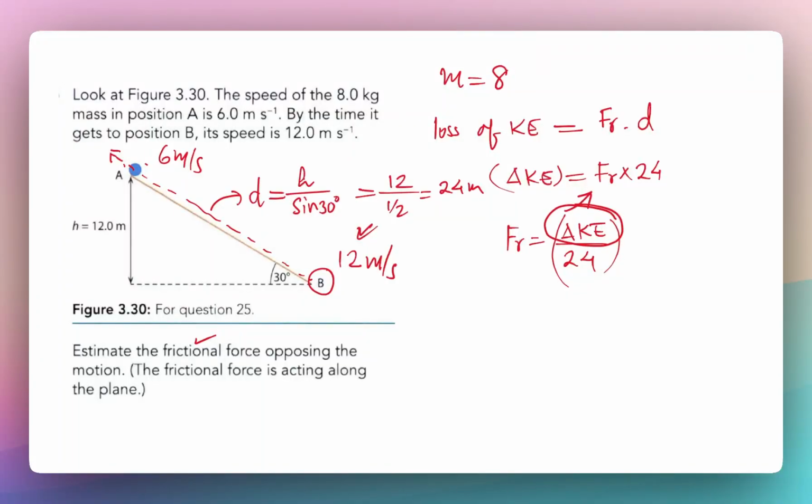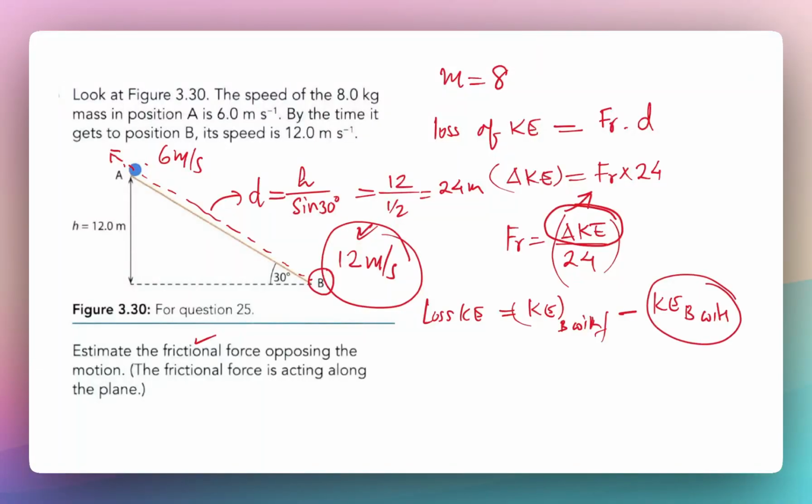So first we assume that there's no friction, right? So what will be the kinetic energy when the ball arrives here, and then the final kinetic energy after the friction. Okay, so my loss in the kinetic energy is going to be the kinetic energy of the ball at B without friction, minus the kinetic energy of the ball at B where it arrives at B with friction. Okay, the part with friction is pretty easy. Let's do this first. So it is going to be half into M, which is 8, into V square, which is 12 into 12. Okay, and this is going to be equal to,